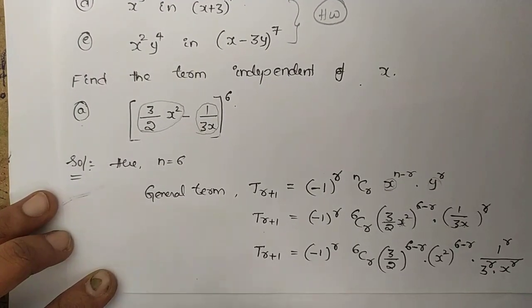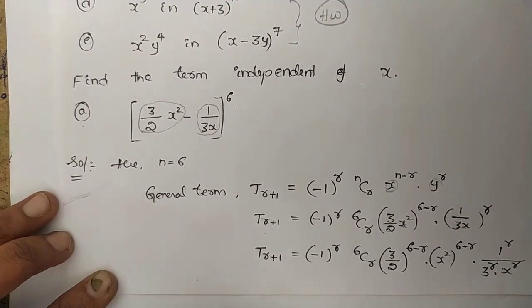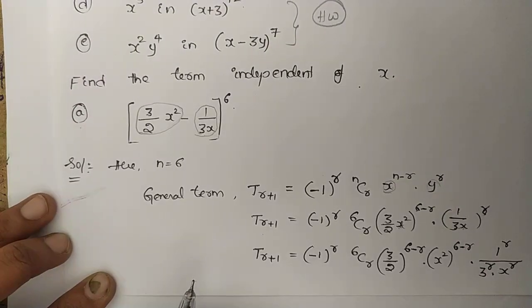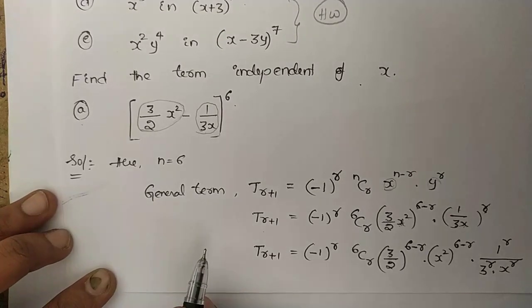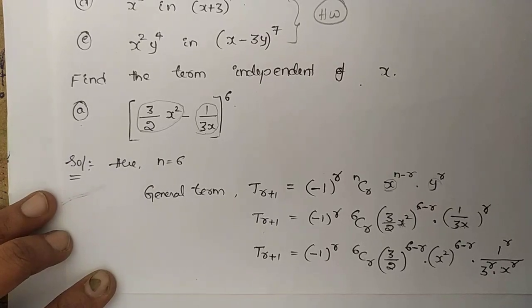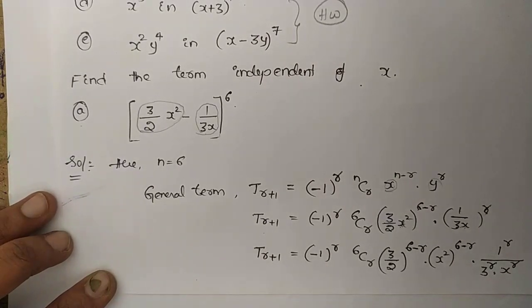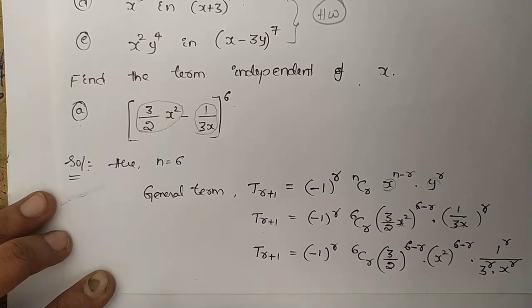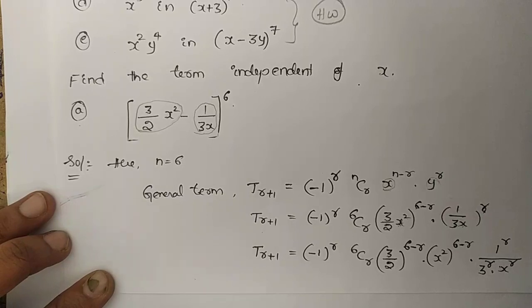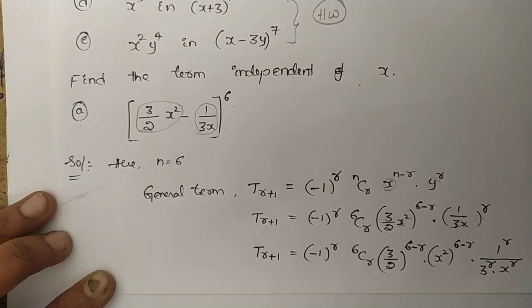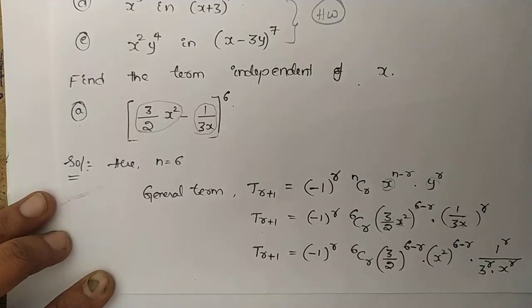Now you just take a screenshot, or you can pause the video. You just note down this general term in your notebook. We have further simplification. I will continue in the next page. In the next page I can't show you again this simplification, so here itself you just note down in your notebook. Okay, I'm using the next new page.